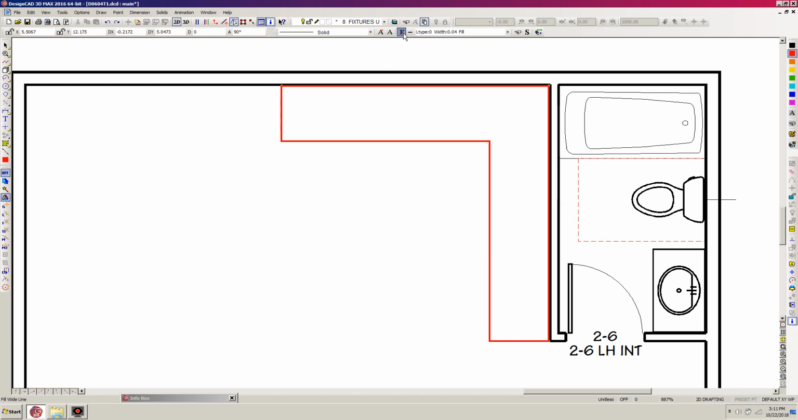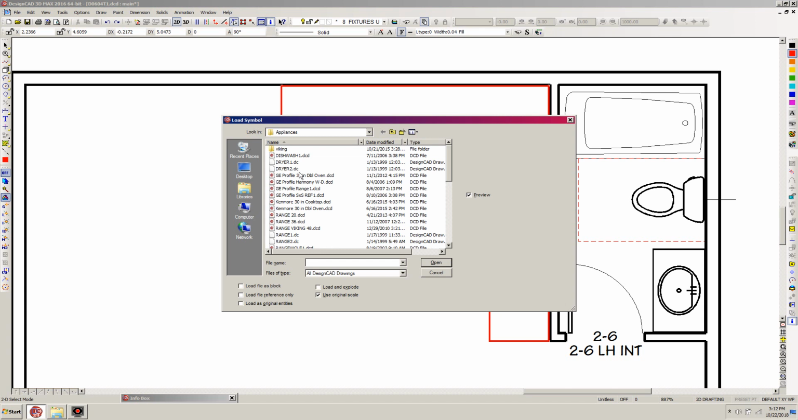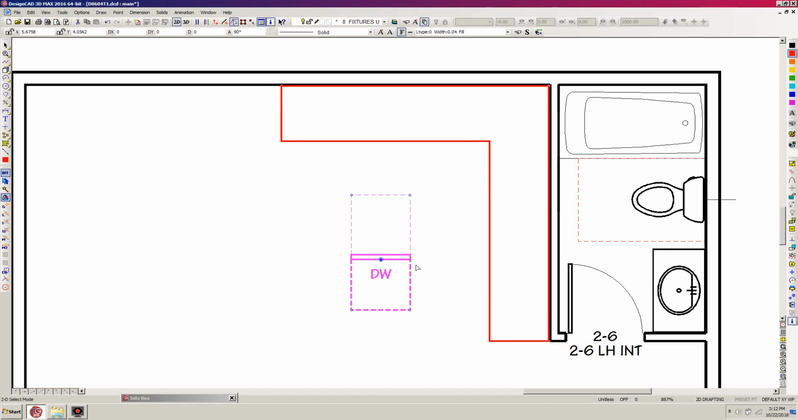I'm not worried about having a view out or anything like that. Don't necessarily need a kitchen window in this particular case. So I'm going to hit Control F9, and I'm already in appliances. So I'm going to go down to dishwasher. It's right here at the top, and click open and bring it over here, and then I'm going to explode